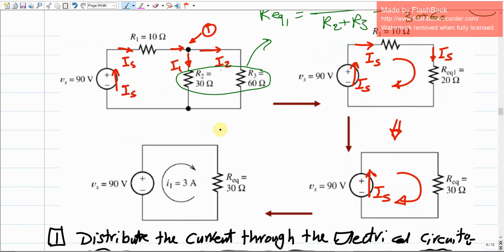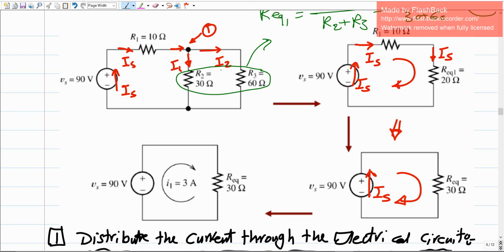Through this method, we can use either the current division principle or the voltage division principle. Now our main concern is to come up with a value for I1 and I2. So what does it mean? It means that we have to apply the current division principle over the 2 resistors, R2 and R3. These 2 resistors are parallel resistors. As we mentioned before, the current division principle can be applied